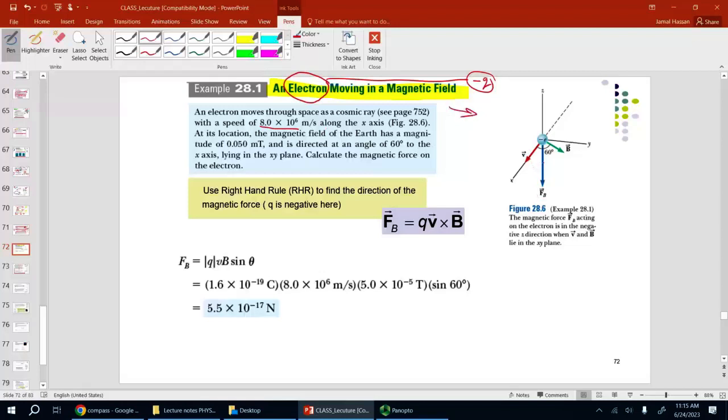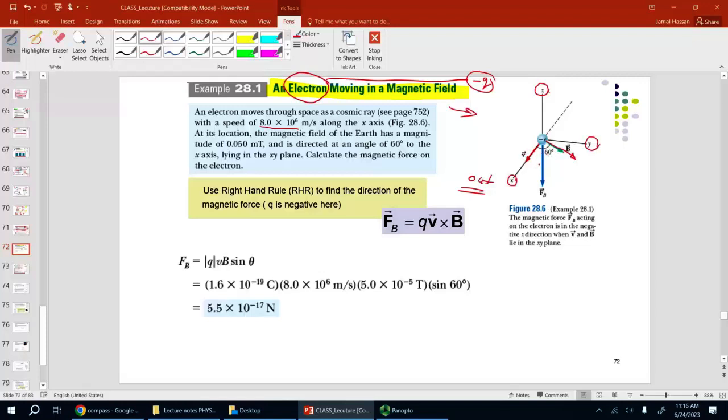I need you to think about this figure as 3-dimensional. It's not 2-dimensional. So this is the screen. The x-axis is coming out from the screen. Y is to the right of the screen. Z is up on the screen. So x is out of the page. I need you to think about this as 3-dimensional because in a cross product you need 3 dimensions. So you have an electron moving out from the screen and a magnetic field is somewhere here. And we know the angle between